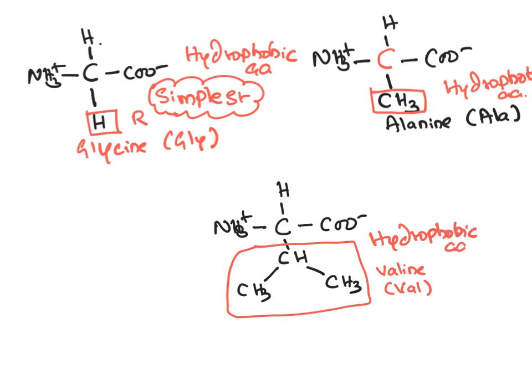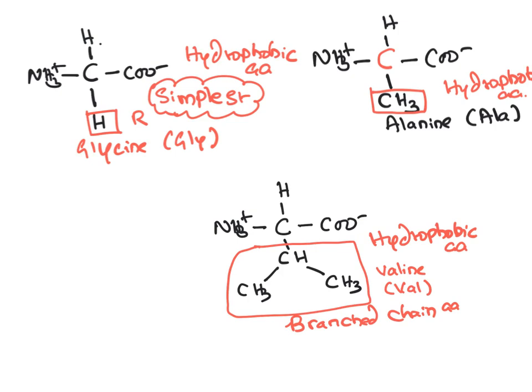Also, valine has a branch here. That is why it is grouped under the branched chain amino acids. Valine is one of the branched chain amino acids. Also note that all branched chain amino acids are consumed by